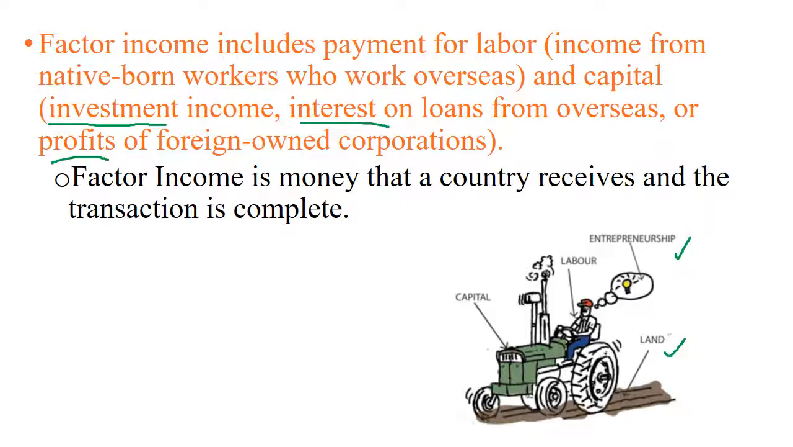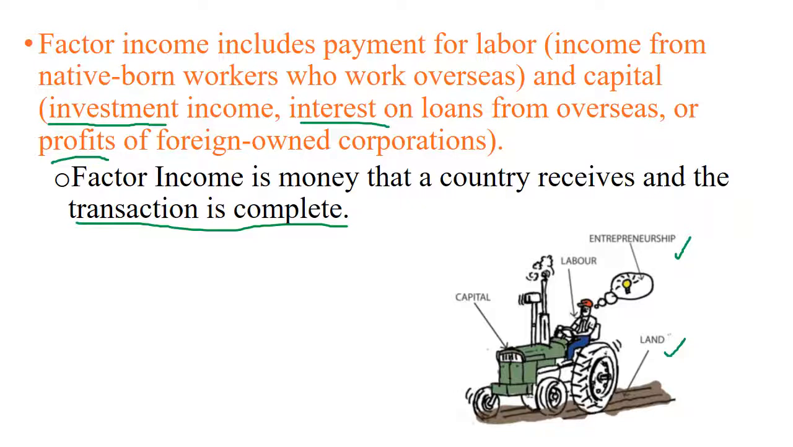Now, this confuses people because they don't know how to tell the difference between an asset, which would be part of a different category, or factor income. And factor income, first of all, it has to be one of the factors of production, but that's pretty broad actually. What makes it part of factor income specifically is that the transaction is complete. So,